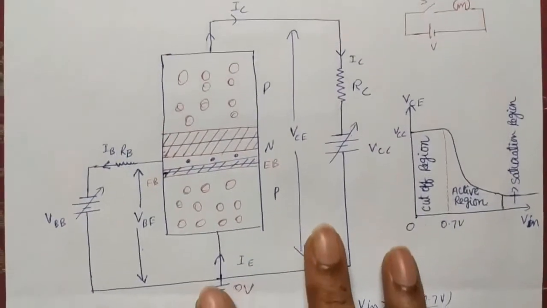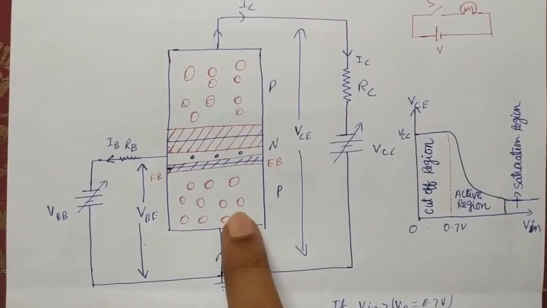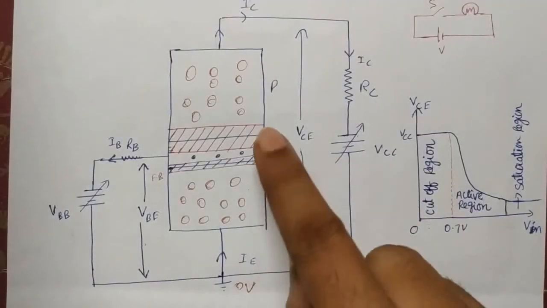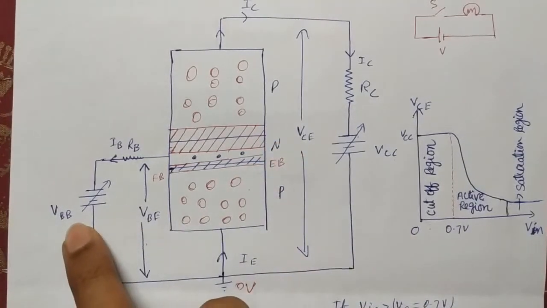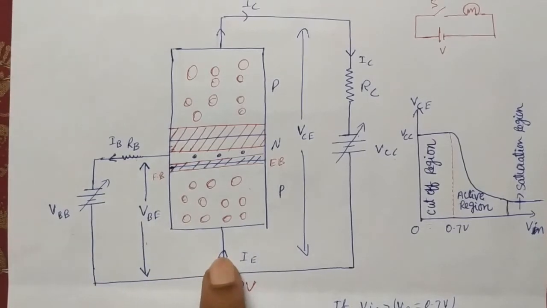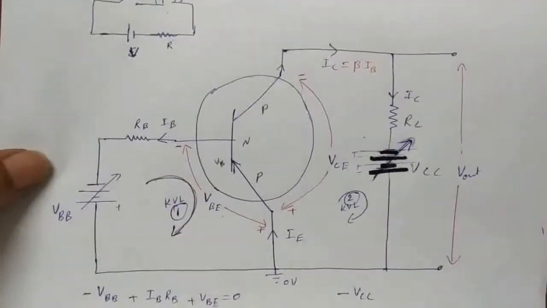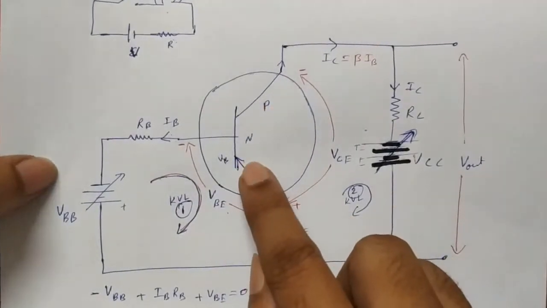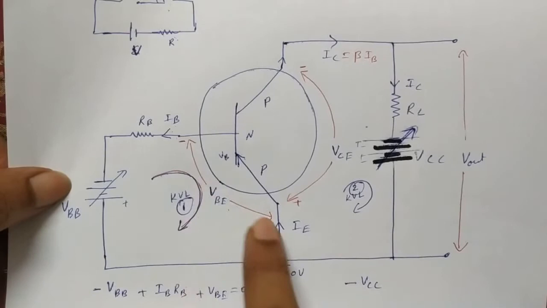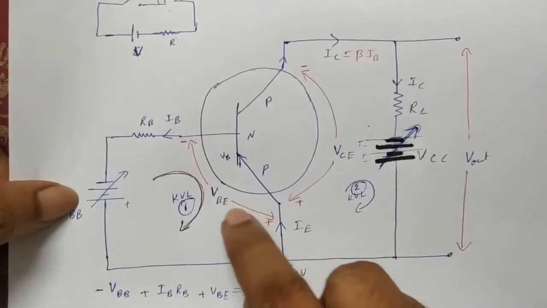This diagram we can draw like this also, where the transistor is replaced with a transistor symbol. This is a PNP transistor, and this also is a PNP transistor. They use a VBB battery here, and VBE is the potential across base and emitter, and IB and RB are the current and resistance in the base. Same here, as a PNP transistor, the arrow mark points inside, VBB is the battery potential, and the potential across base and emitter is VBE. Here IB and RB are the input, so the input current and input voltage VBE.